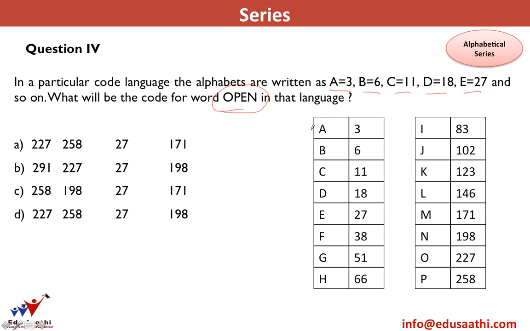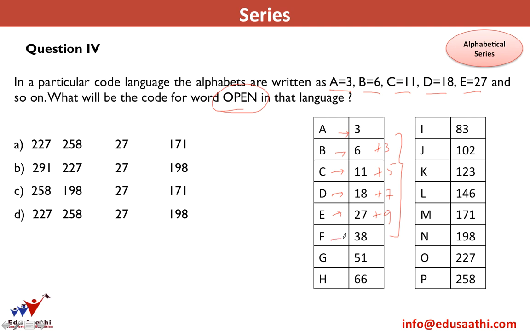So I have formed a table here. If A is 3 and B is 6, I have a plus 3 here. Then if I go to C, I have a plus 5. 6 plus 5 is 11. If I go from C to D, I have a plus 7. From D to E, I have a plus 9. Now this is enough for me to find a logic that I am just adding the odd numbers in